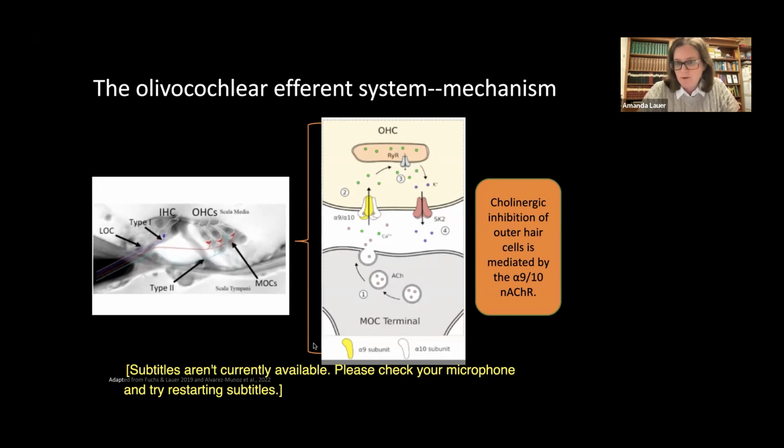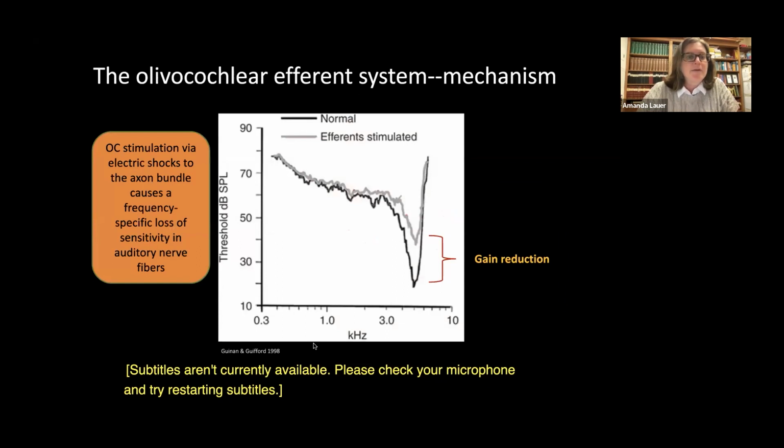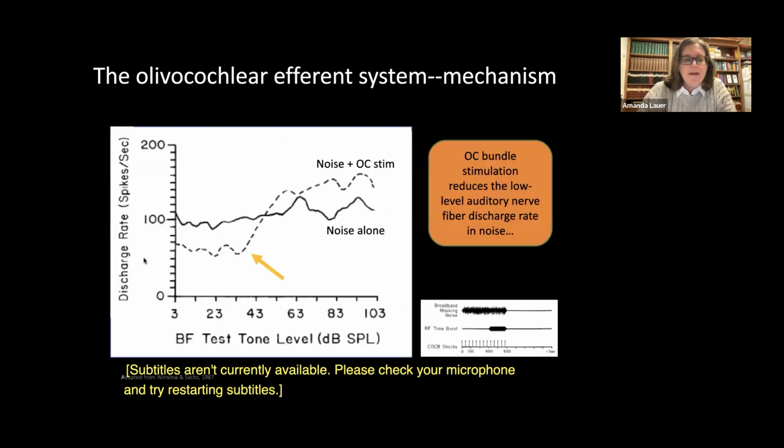This basically just hyperpolarizes the outer hair cell, reducing the cochlear gain. Okay. So what happens with the peripheral activity, the physiological activity, when these outer hair cells are hyperpolarized, is that you stimulate the olivocochlear system, you inhibit this gain, and now you've got an increased threshold in your auditory nerve fibers, or reduced response, I should say. And what happens is this actually changes the rate level functions of the auditory nerve fibers.